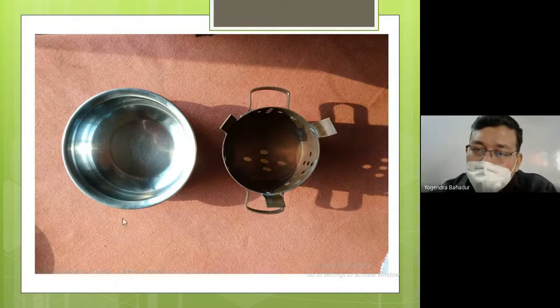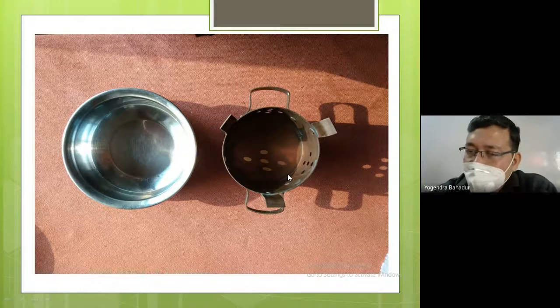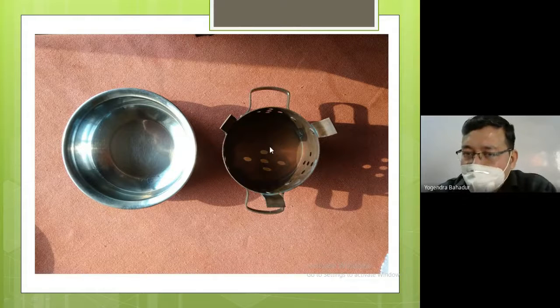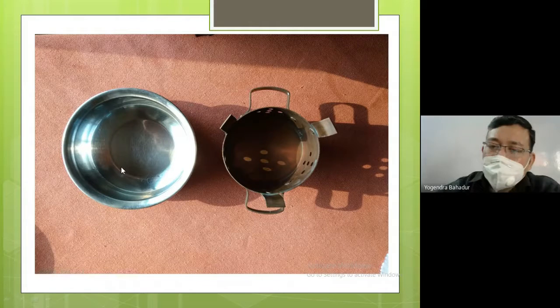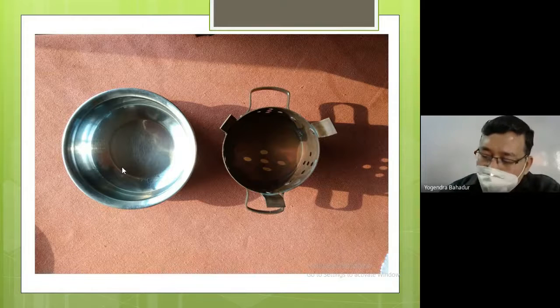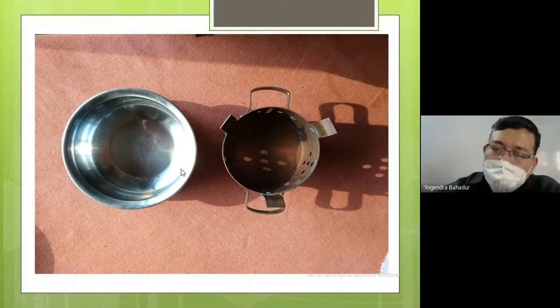In a similar way, this is also known as the service handi. And on the right hand side, again in this case also, we are going to keep the fuel container, or some burning coal. On top of it, we are going to keep this service handi. It is very small in size, and it is basically used to serve one portion. Generally, two portions of the handi and two portions of the kadai are used depending upon the number of guests. So basically, it is known as the service handi.